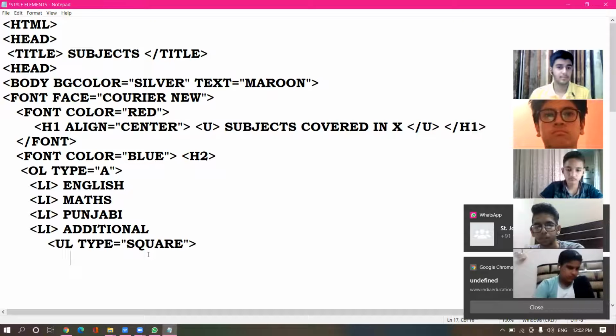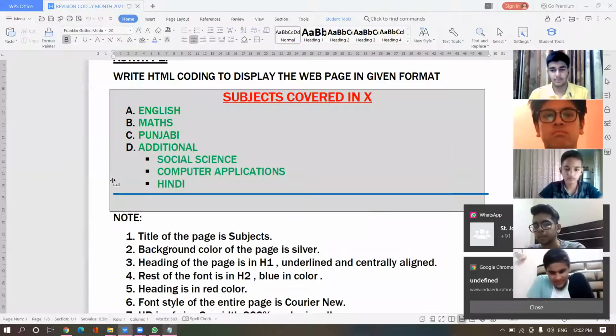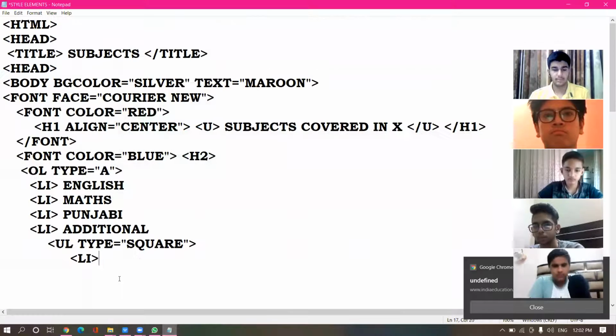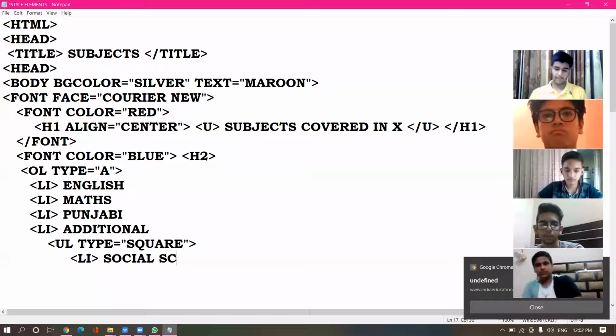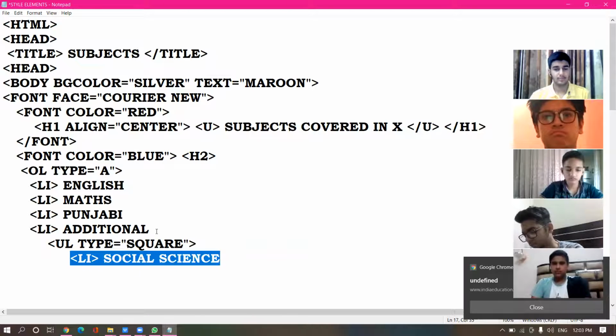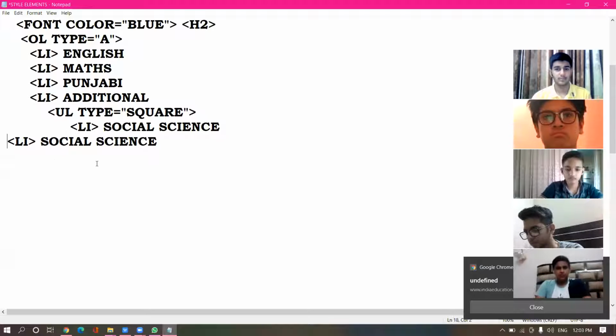Now the list items for the UL tag. The list items under the UL tag, social science, computer applications and Hindi. Social science. Again the next list item. That is computer science.